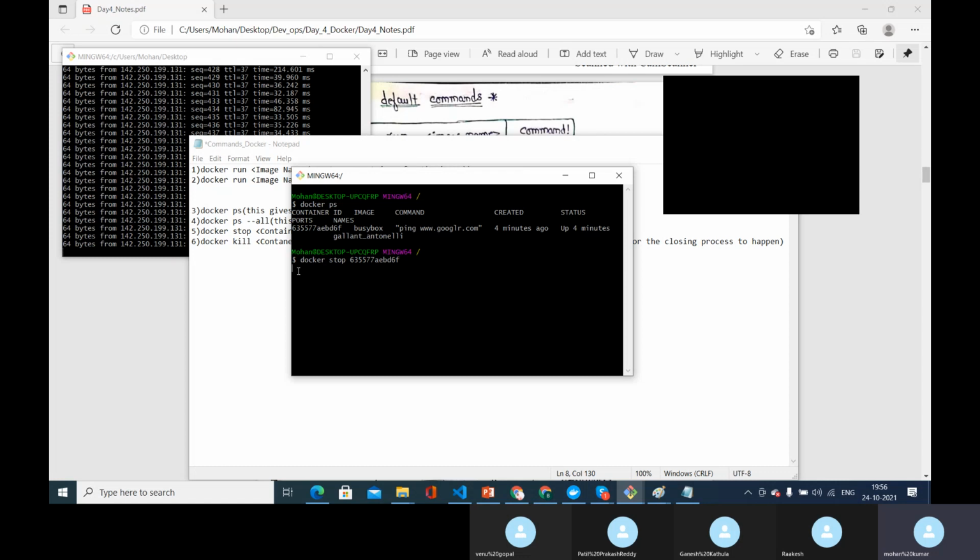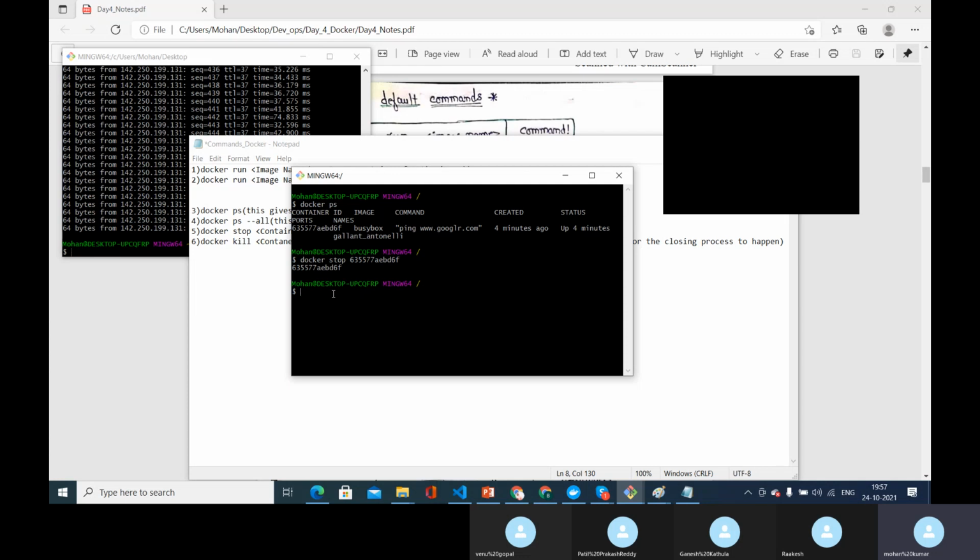Just observe that it is taking some time before closing that particular connection, right? There is a little time that it is taking and then it terminated. So there is a time span between actually closing it and the time when we triggered this. Now if you observe Docker kill, you will not see the time span that you have seen right now. To execute Docker kill, let me restart this server.